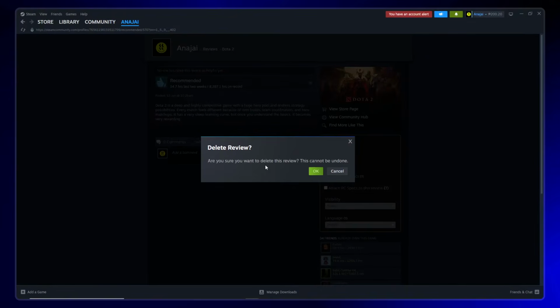A confirmation pop-up will appear on your screen asking you to confirm that you want to delete your review. This is Steam's way of making sure you don't accidentally remove a review you want to keep. Click OK to proceed with the deletion, and just like that, your review will be removed from the game's store page. And that's it, you've successfully deleted your